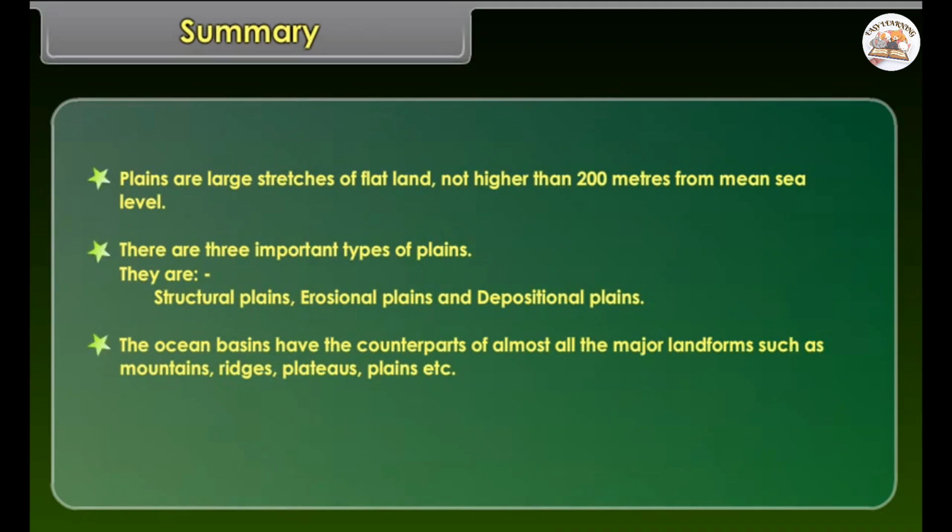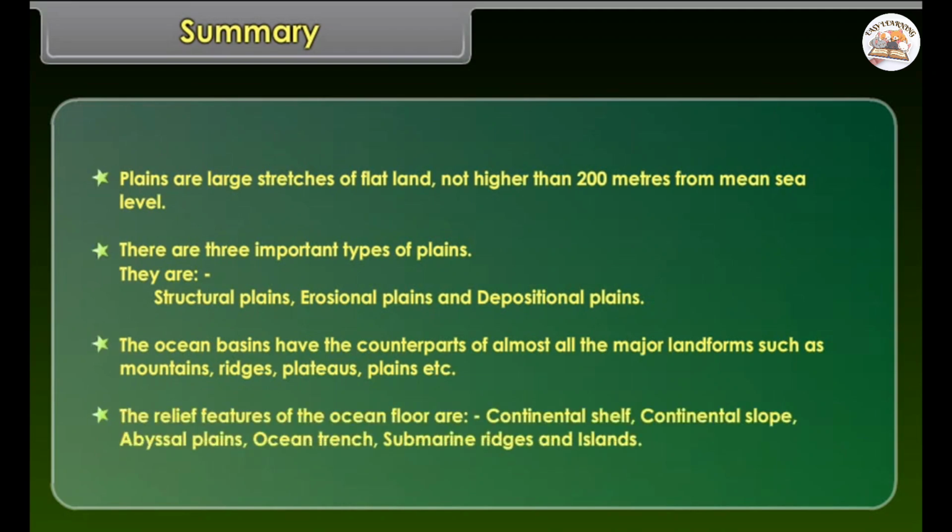There are three important types of plains. They are structural plains, erosional plains, and depositional plains. The ocean basins have the counterparts of almost all the major landforms such as mountains, ridges,